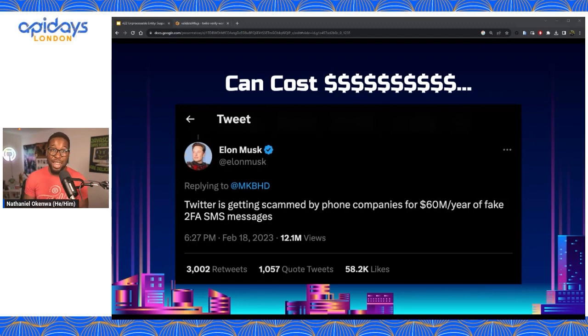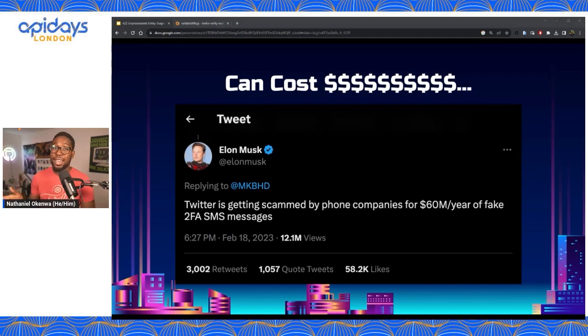You may remember that they turned off 2FA for free users for a while, and this was part of his justification because they were losing a lot of money. And it's not just Twitter or X. This damage goes into billions every year. In 2019, we saw that there was like, what, $3.1 billion worth of fraud on new accounts. And there's estimated to be over $100 billion worth of fraud in telecoms fraud by 2023. And you want to avoid that. So if you do your 2FA wrong, it could cost you a lot of money.